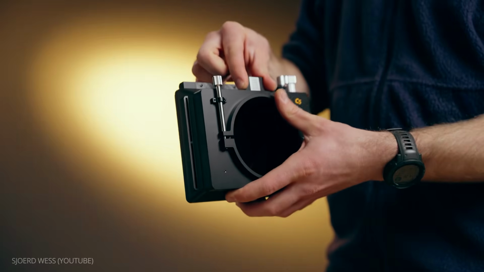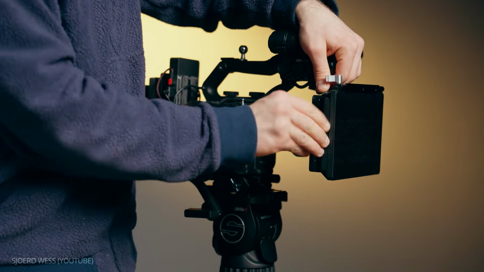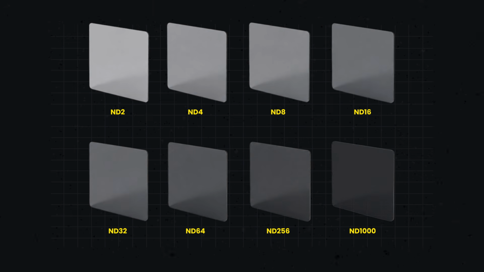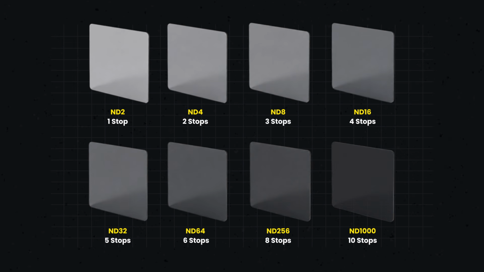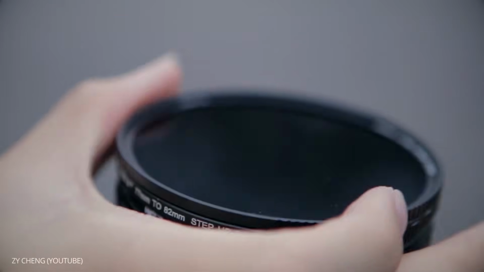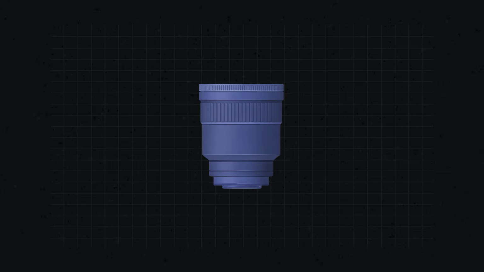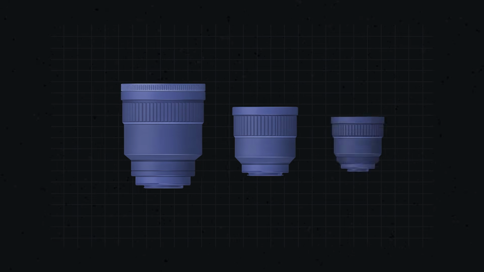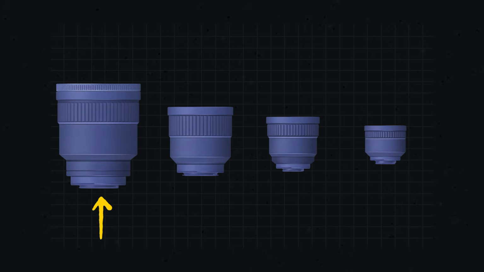The staple that many cinematographers use is the fixed ND filter, which has a set amount of light that it blocks. Fixed NDs typically are named based on the number of stops that will darken your image, and a cinematographer will typically have several different strengths on hand. Fixed ND filters can be screwed directly onto a lens, though this means they need to be exactly the right size for your lens. A good rule of thumb is to buy an ND filter that fits your largest lens, and then purchase relatively cheap step-up rings to adapt the filter to smaller lenses.